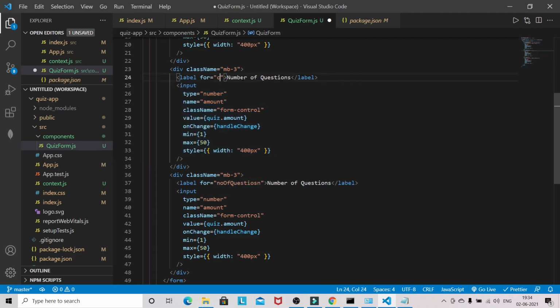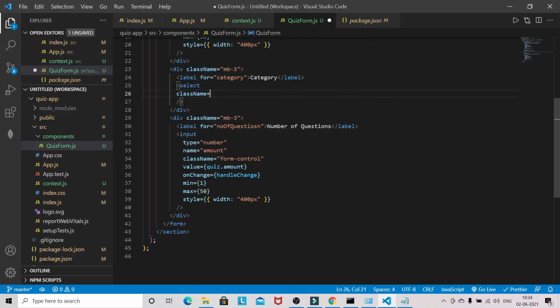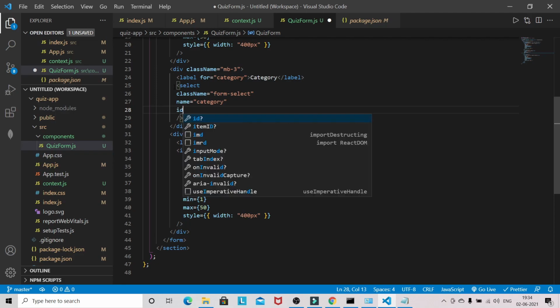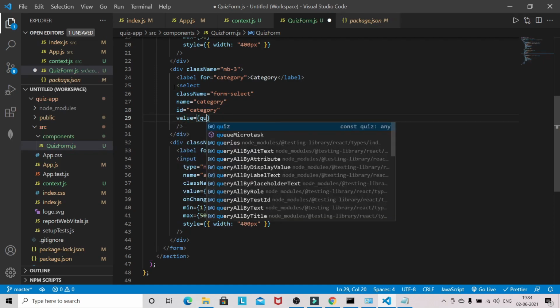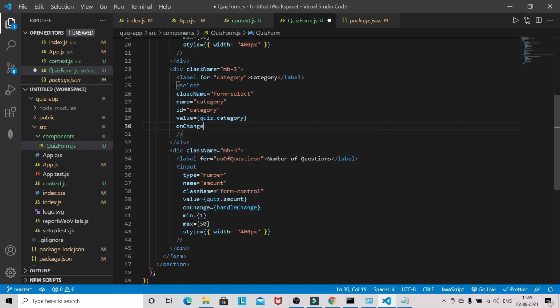It will be category first, so I'll change this to category, and a select with class name form-select, name category, value equal to quiz.category, and again onChange will be handleChange.